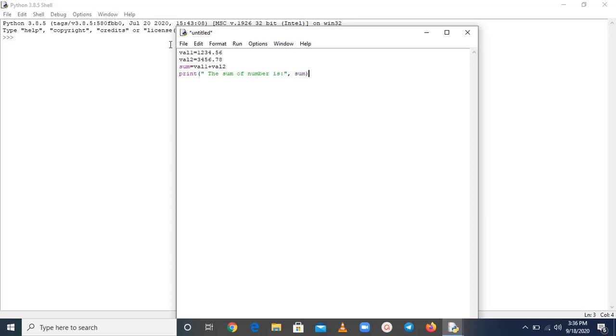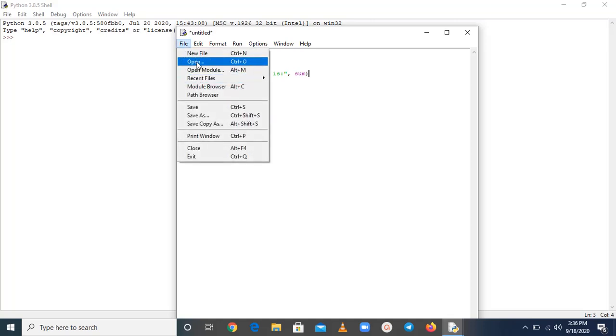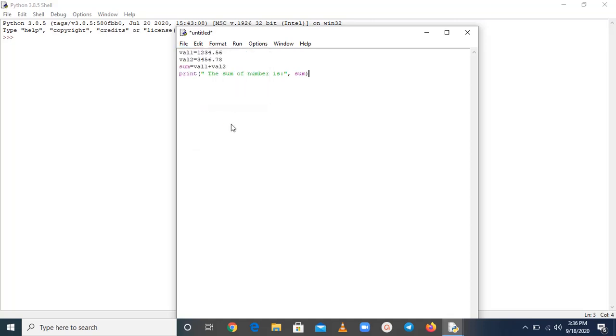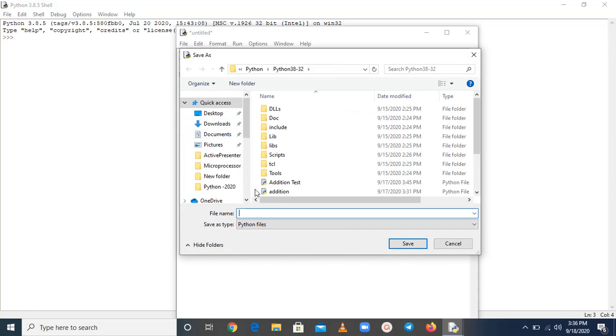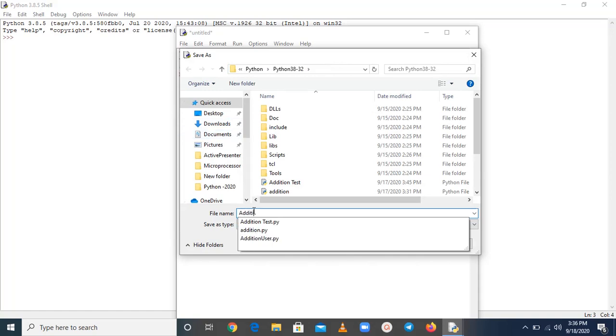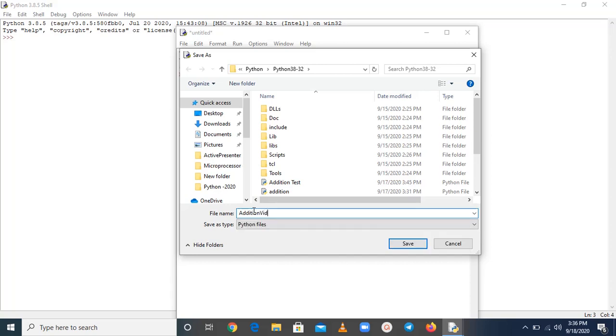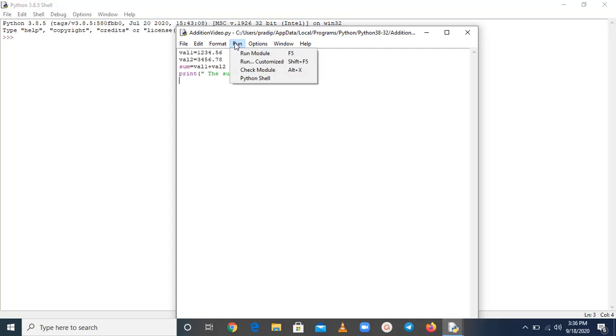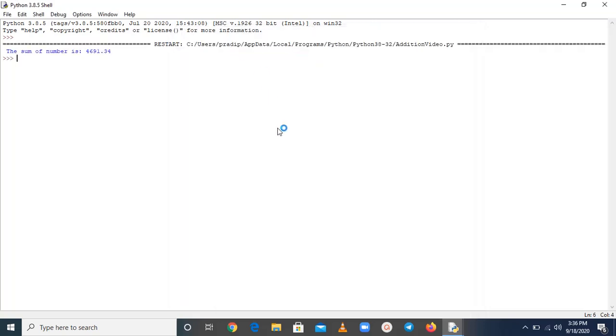Okay. Just save it. I have saved this file, and here I am naming it addition video. Okay. This file is saved, just run this file. So, here you can see the output.